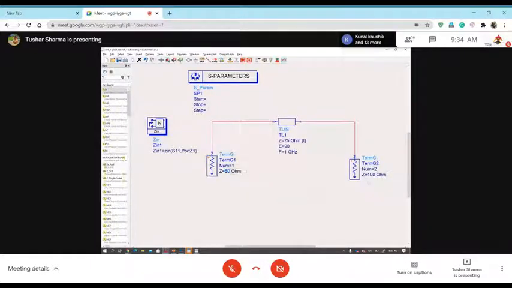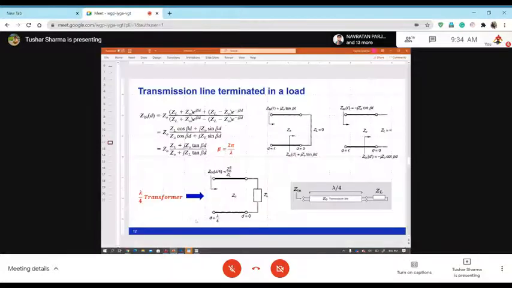If I use a characteristic impedance of 75 ohm lines, I can change my 50 ohms to 100 ohms. So in a given line, what are the factors you can play with? You can play with the characteristic impedance and the length of the line. Now let's see what this length change does. Right now it is 90 degrees. In this formula, beta d is forced to 90 degrees, and the equation reduces to Z naught squared over ZL, so it becomes easier.